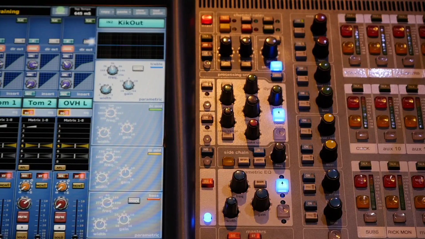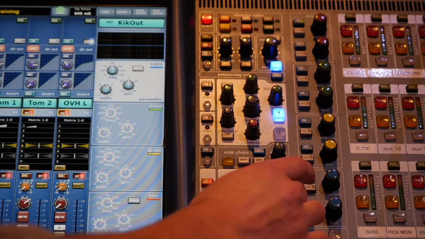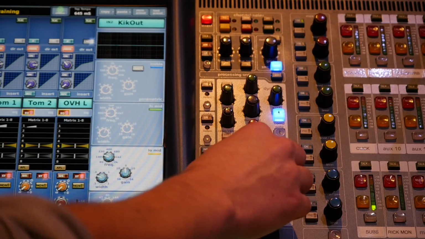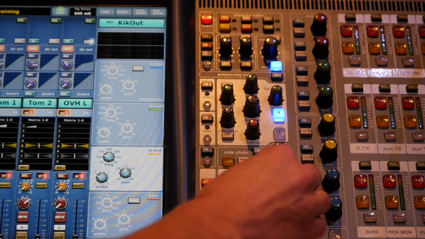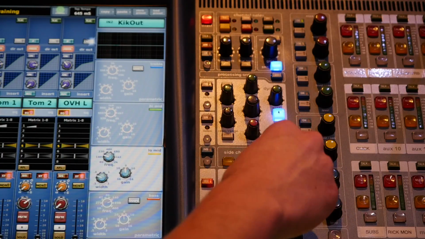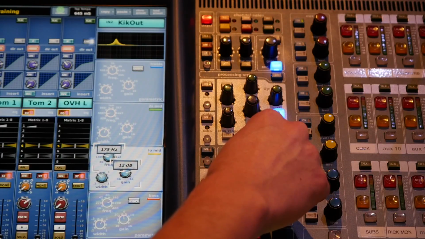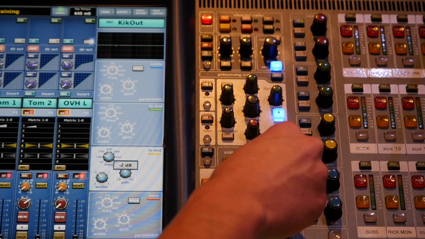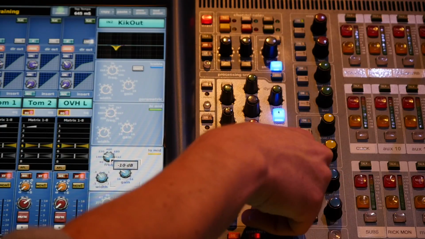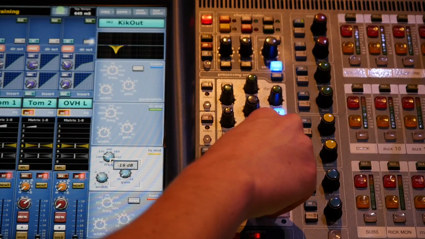Immediately I notice there's a lot of muddiness and fullness that's just a little too much in there. So I'm going to go to my low-mid spectrum here and boost until I find that area. I feel like it's right around 175 or so, and I'm going to cut there. You'll notice it cleans up the sound a little bit. If you go too drastic, you lose too much